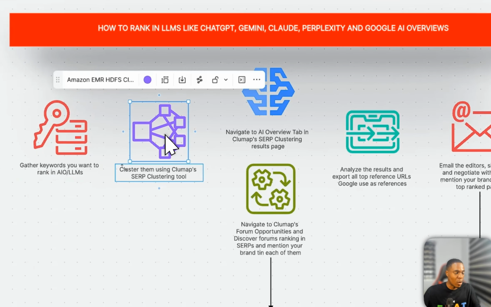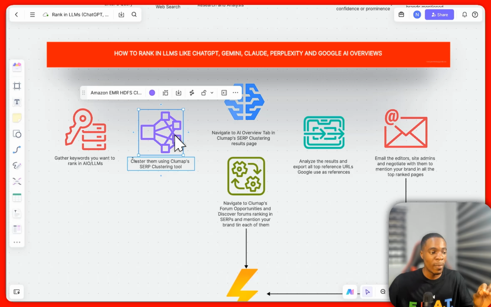Once you cluster those keywords, the next thing you have to do is find the URLs ranking for all the keywords you want to feature your brand in. For example, best SEO tools, best marketing agencies, and the list goes on. Once you find all the listicle blog posts ranking for this particular query,